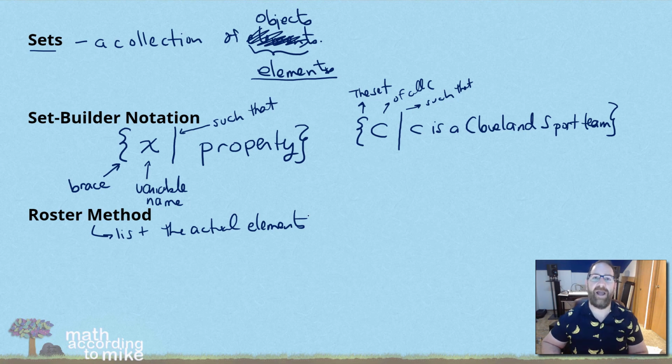So when you list the actual elements, you may already be familiar with the word roster, especially for sports or also for classes when the teacher has the list of names. And if you actually list them, that's the roster method. If we wanted to list all of them, we could say Cavs, Browns,